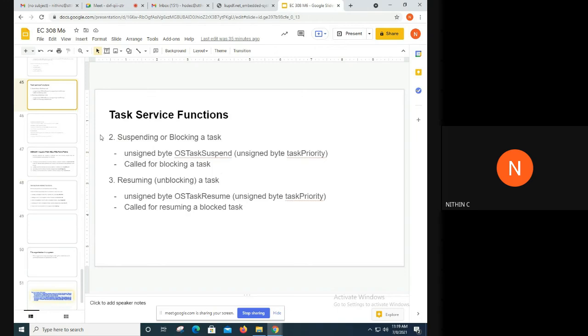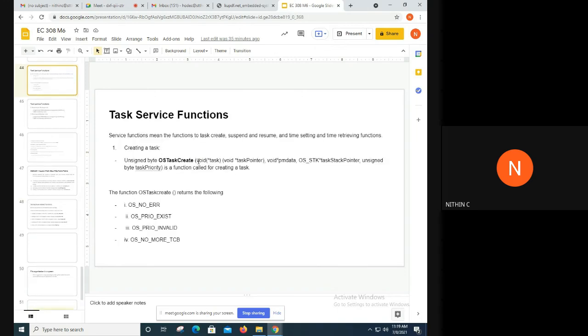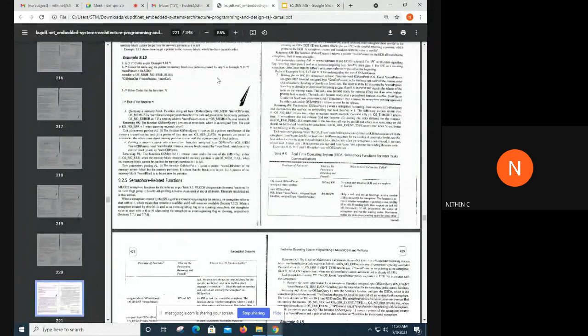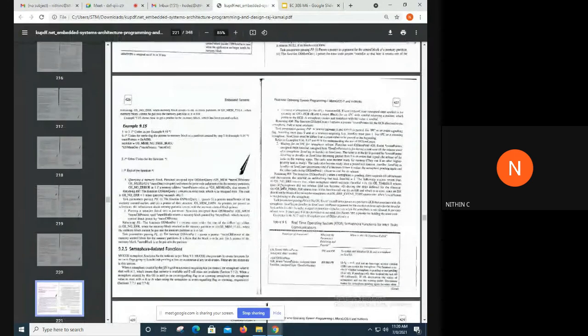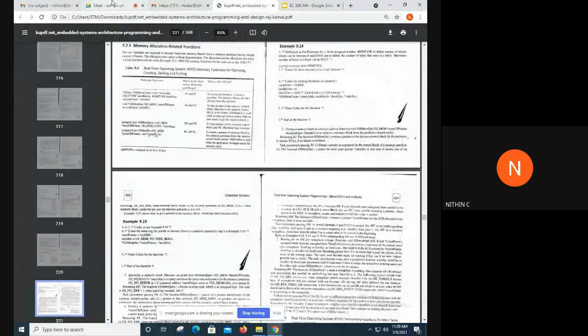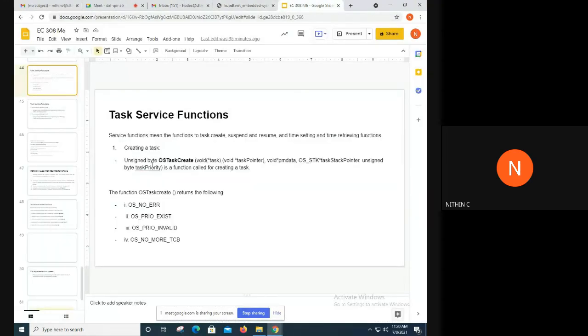So remember, when you are studying, focus on the main areas. Don't study in a vast concept. ഈ ഓരോ കാര്യങ്ങളും you can write for plenty of pages. ഈ creating a task എന്ന് പറയുന്ന ഒരു concept തന്നെ, if you refer the text, I will show you the text right now. You have the text here. I will give the scanned copy of this. For one particular topic itself, you will have plenty of things to write, but you just focus on the main things to write. Creating a task എന്ന് പറയുമ്പോൾ നിങ്ങൾക്ക് pages എഴുതാൻ പറ്റും, but depending upon the marks, you need to regulate your answers.